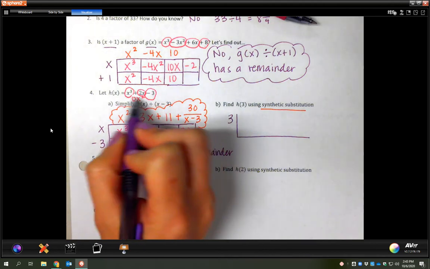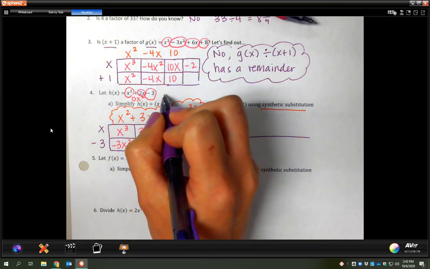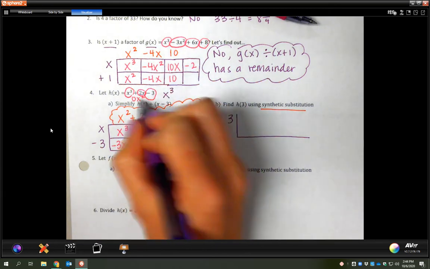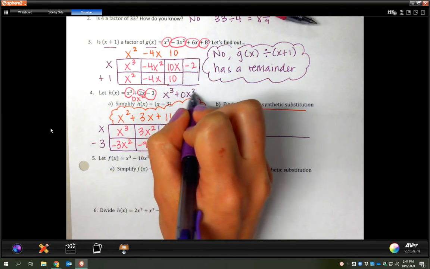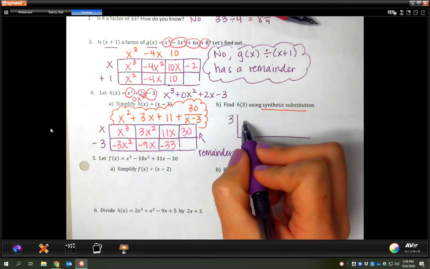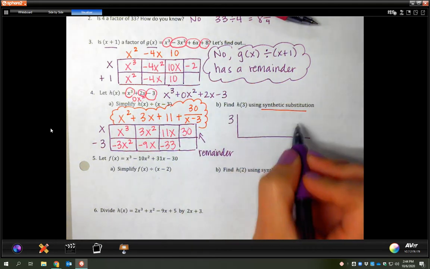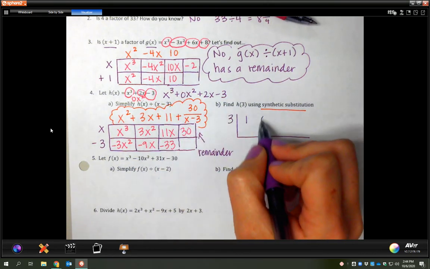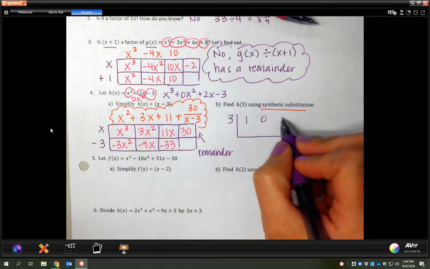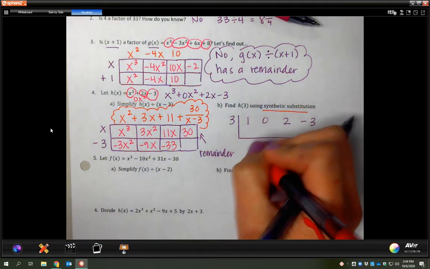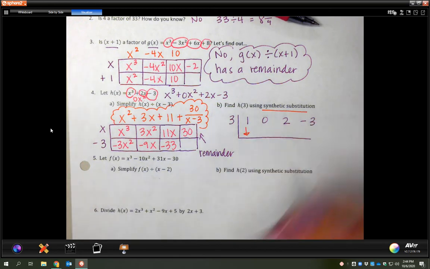I'm going to write out h of x again because I kind of circled some stuff. So h of x is x cubed, and I'm going to fill in this missing term, 0x squared, plus 2x minus 3. So that's h of x. We put the coefficients of h of x along the top. So there's 1x cubed, 0x squared, 2x, minus 3. So that's how you set up synthetic substitution. And the way you get all these numbers is you bring the first number down,